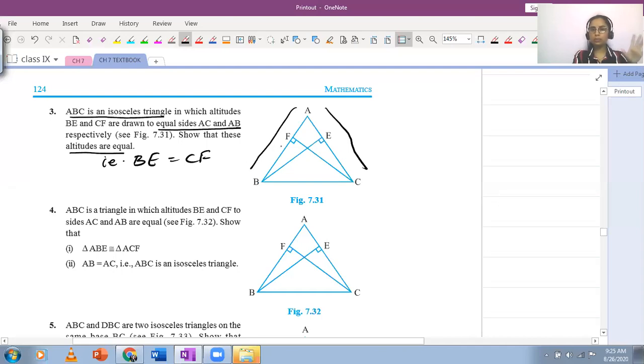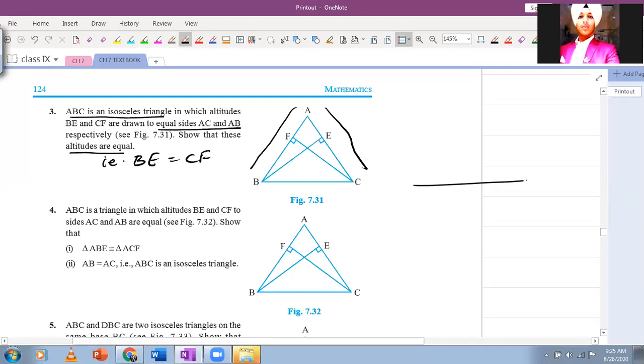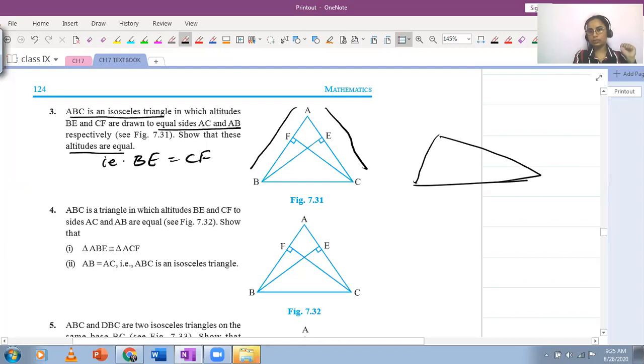So one such pair is FBC and EBC, on common base BC. You can take these triangles, FBC and ECB. I'll just draw in rough. Is that correct? On top you have A forming like this, we are not taking that. So we are just taking this part here.